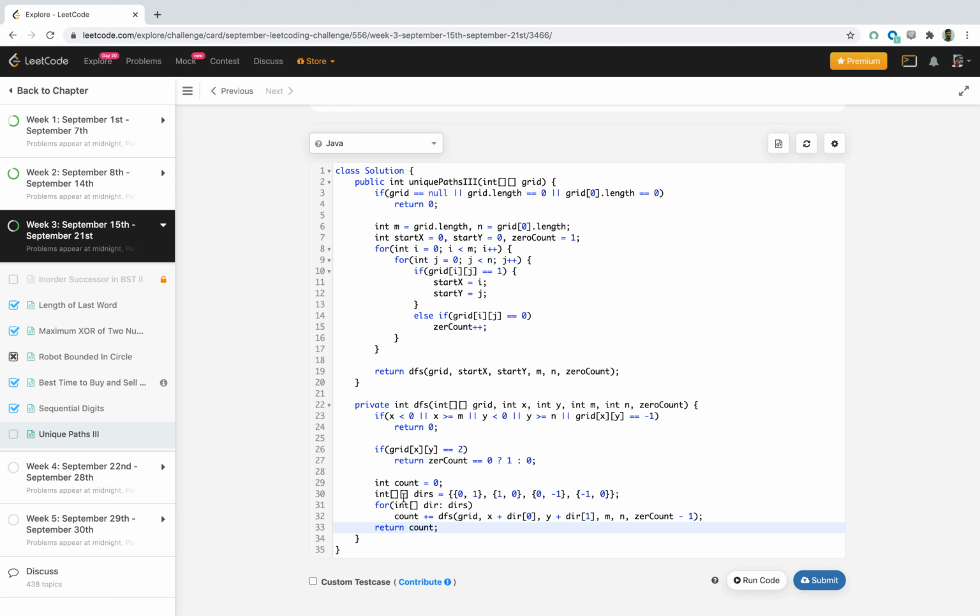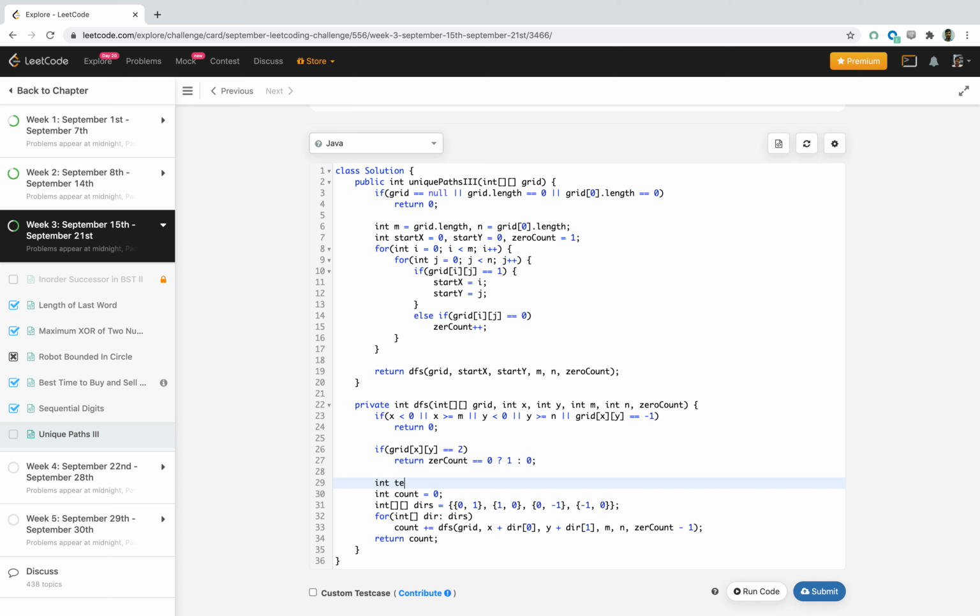Here before calling this method we have to do another thing. We have to mark the current square as an obstacle, because we saw the problem previously, to avoid visiting the same square.